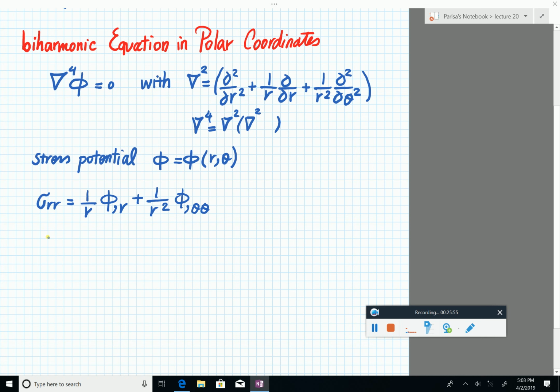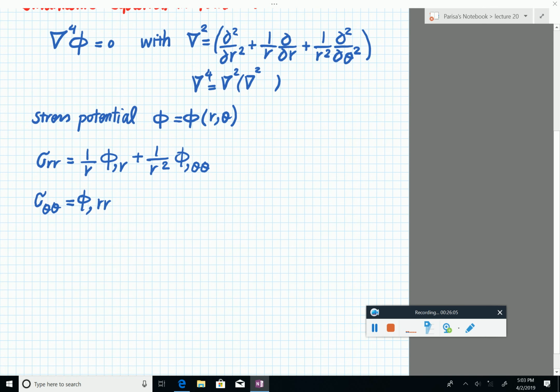So it's not as neat as in Cartesian. Here, this one is nice. Sigma theta theta is just the second partial derivative with respect to r, and sigma r theta has a negative, just like in Cartesian, but it looks like this. So partial derivative with respect to r, and then